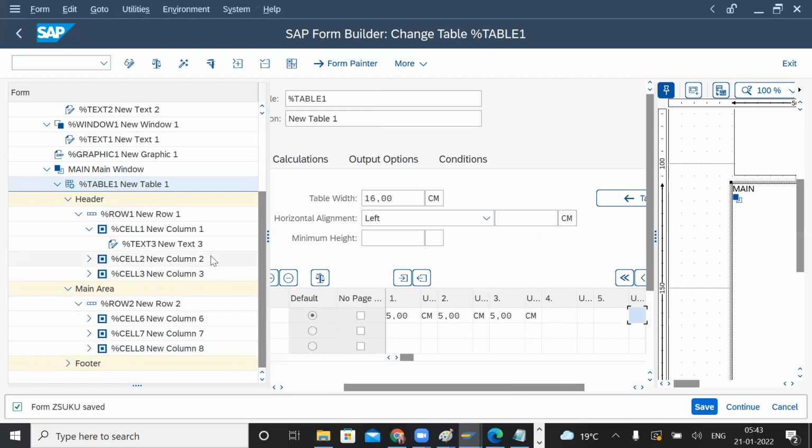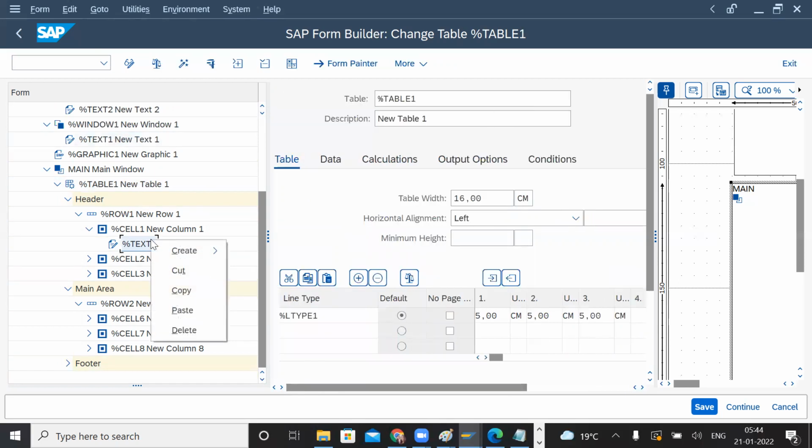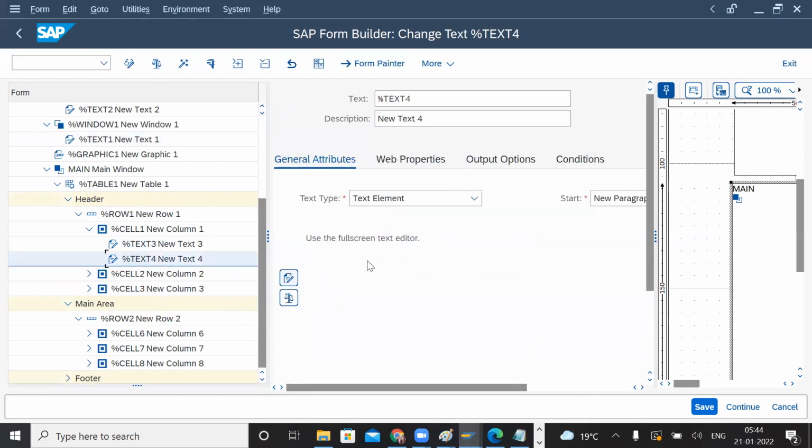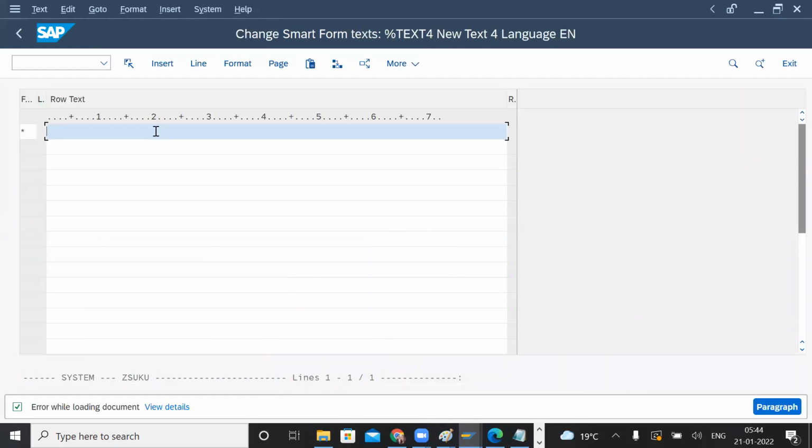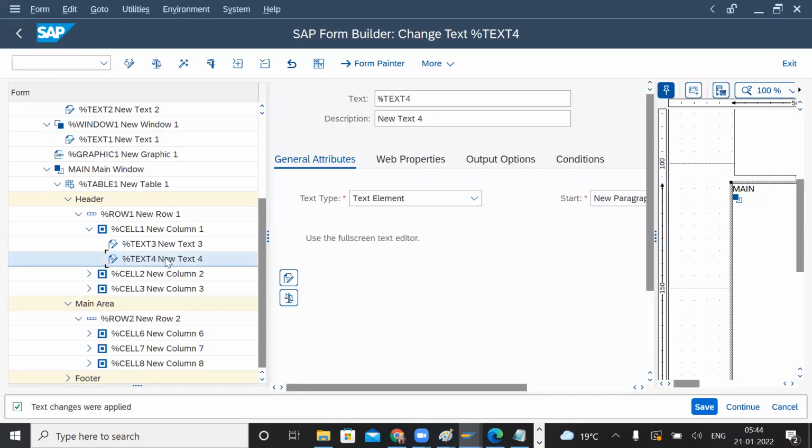So now let us try to put text. So select this text, right click, create text. So select the text here. First we want to have headings. Item number is our first heading. And then let's go back. For the second one,